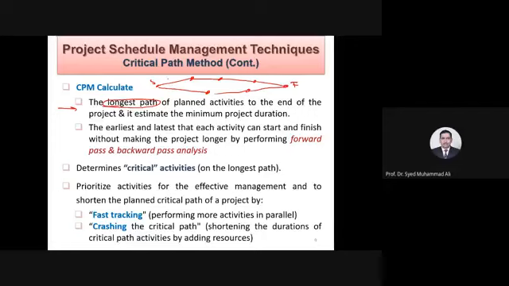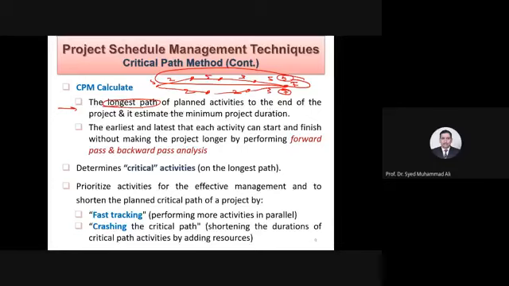For example, this path takes 2 days, 5 days, 3 days, and 5 days. This path takes 2 days, 2 days, and 3 days. So this path takes how much? 4 and 3, from here you get 7 days. From here you get how much? 15 days. So the longest path